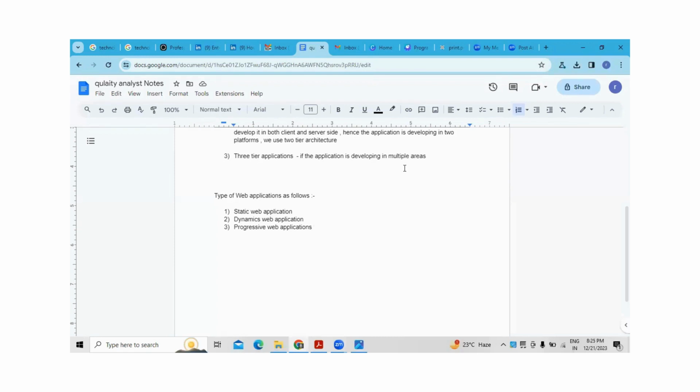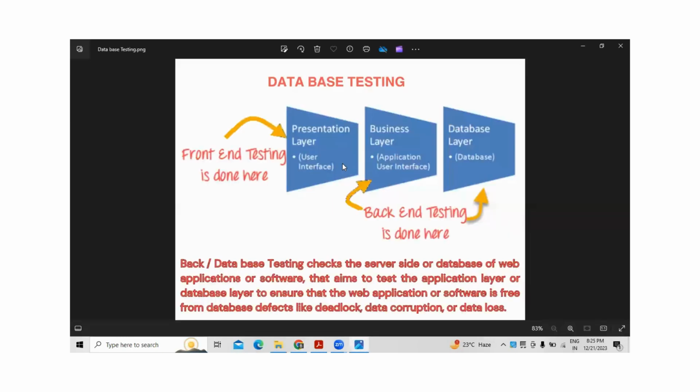So they charge, if you want any services, they will be charging some amount for those services, which you have to make use of, right? So this is generally the type of applications which will be there. Now coming back to our point, whenever we are talking about database testing, whatever the kind of database related things,